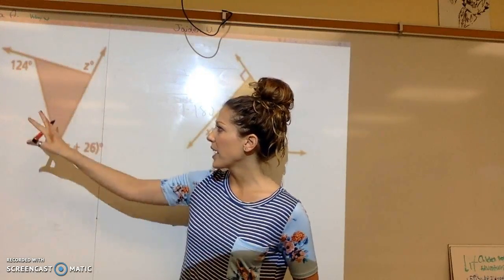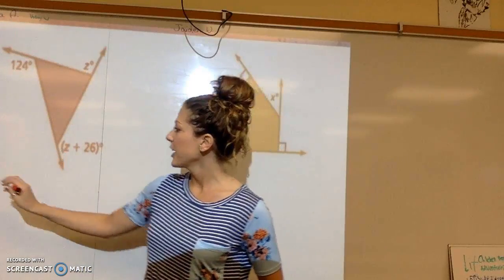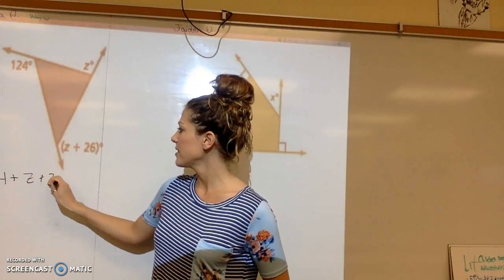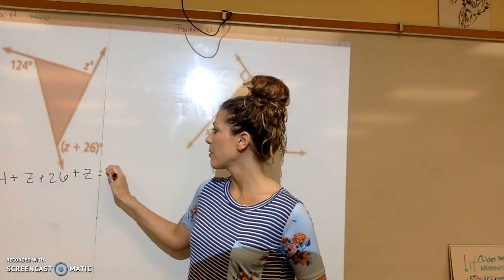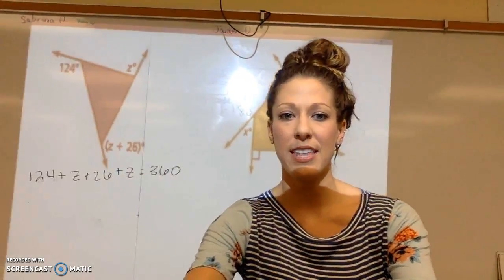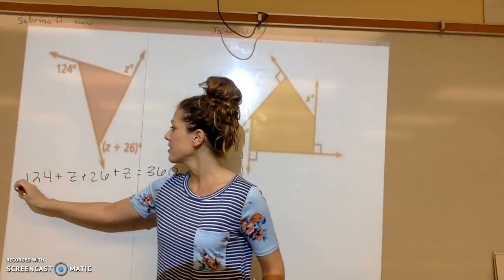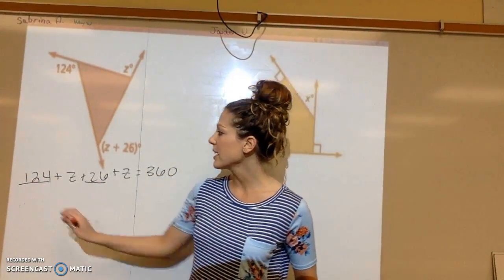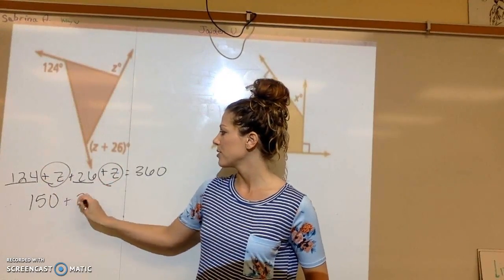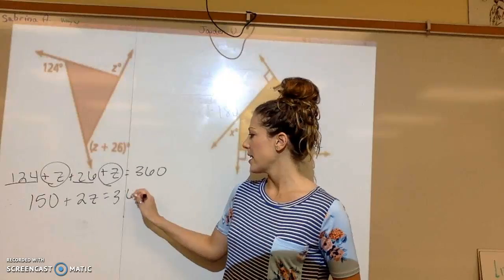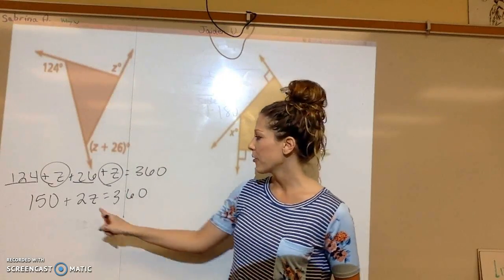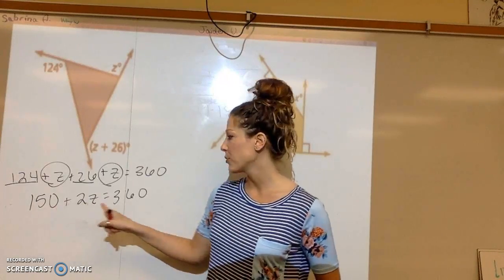So this time we're missing z. So we're going to add up those 3 angles, 124 plus z plus 26 plus z. And we know they add up to 360. So now we're going to solve this equation. So we're going to combine like terms. 124 plus 26 is 150. z plus z is 2z. And it equals 360 because the exterior angles always add up to 360. So if we're going to get z by itself, we're going to subtract 150